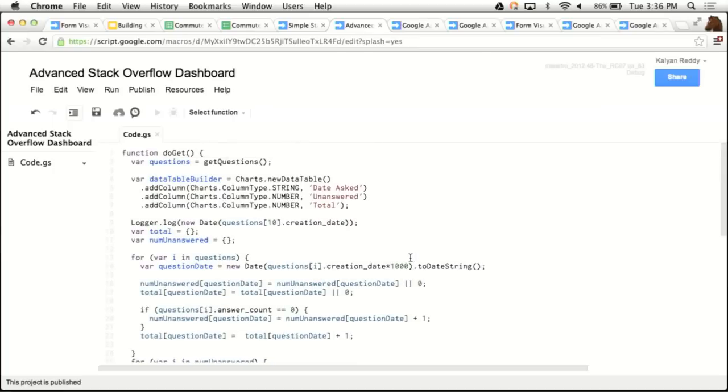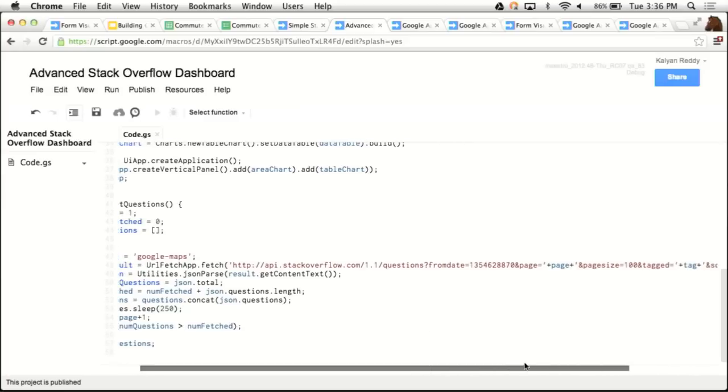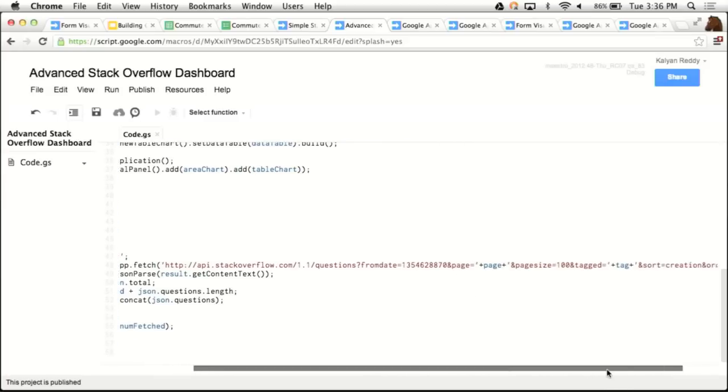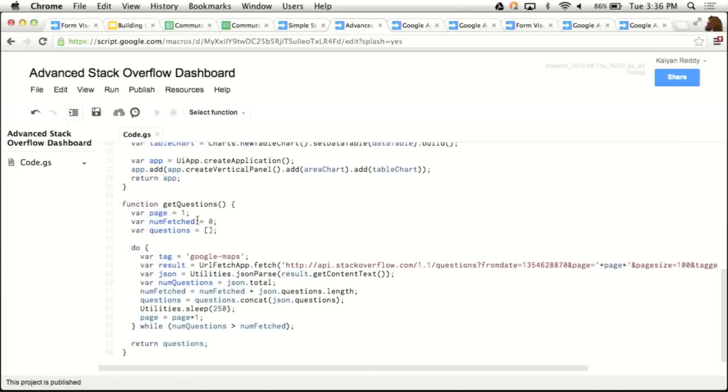Now, this code is similar in that it contains a doGet. It'll be displayed in a web page just like before. Yep. It starts out by calling this getQuestions function, which is something that I wrote. And all this does is call another method of the Stack Overflow API here. And it gets everything tagged with the tag, sorted by creation, whatever. Here the tag is Google Maps. So we're actually fetching all of the questions on Stack Overflow that are tagged Google Maps from this date,